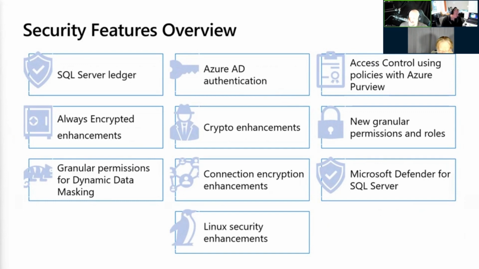The next one I'm covering here is also available in Azure SQL databases: granular permissions for dynamic data masking. That'll be brought to SQL Server 2022. We'll have the ability to grant and deny unmasked permission at the schema level, the table level, the column level, providing a more granular way to control and limit unauthorized access to SQL assets and improve data security management.